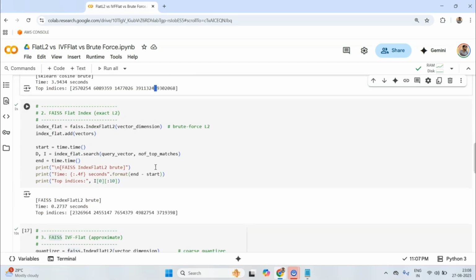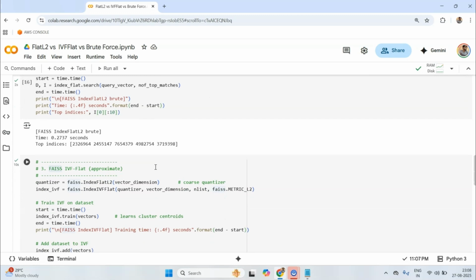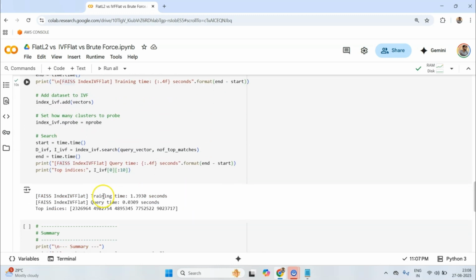It will always return the correct closest vectors. But this IVF flat index is doing some sort of approximation to make sure that you get your results faster, but at the same time those might not be exact results.